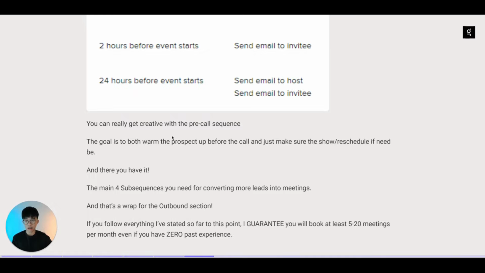In terms of inbox management, I wish there was a video or a resource like this when I was first getting started. Unfortunately, there was not. So what I had to do was buy a lot of courses, a lot of different programs, do a lot of Google searches, watch a ton of different YouTube videos from a bunch of different people, and really just test a bunch of stuff until I found my answer, which is everything that I put together here. So use this resource, use it for yourself, test it,